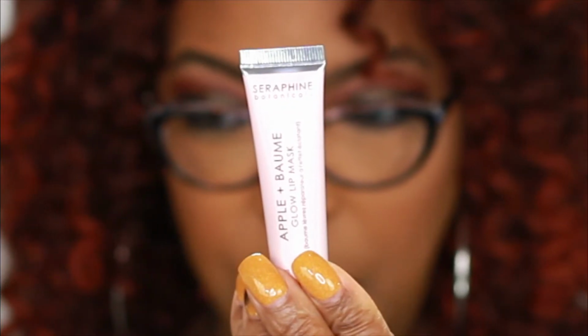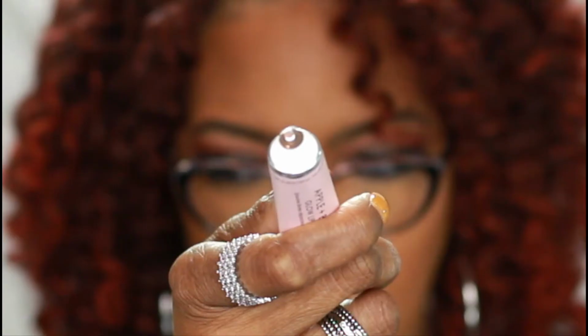This next item is from Seraphine Botanicals, and this is the Apple Balm Glow Lip Mask. This is a little container that this comes in. It's got a little screw off top here. It also has a safety seal here. I have some other lip mask that I'm currently using, so I don't want to take the safety seal off